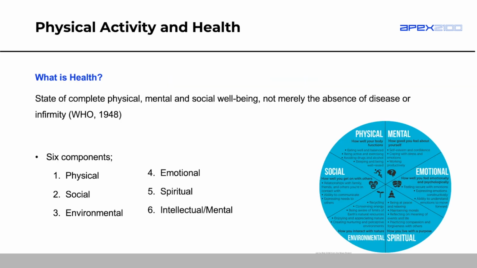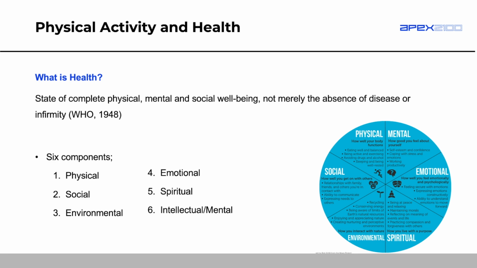So, what is health? This is a definition coming from the World Health Organization. You can see WHO there. Health is a state of complete physical, mental, and social well-being. It's not just the absence of disease or infirmity, and infirmity means kind of like weakness. So oftentimes when you think of defining health, if I asked you to define health, you might say to me, oh, you're healthy if you don't have any diseases or conditions. But in this definition, we're looking at not only physical health, but mental and social health as well.